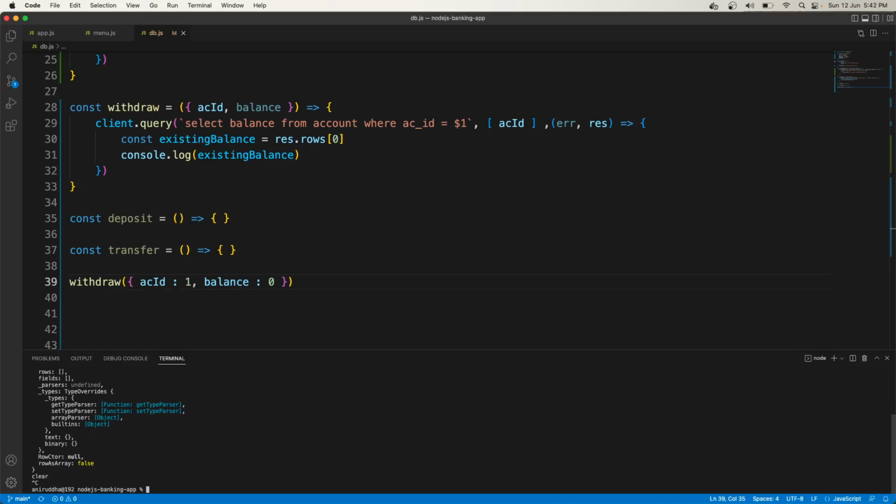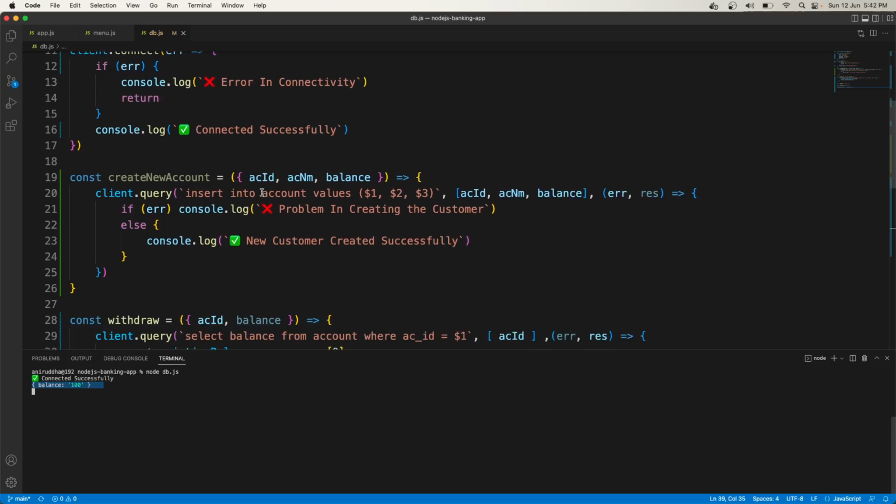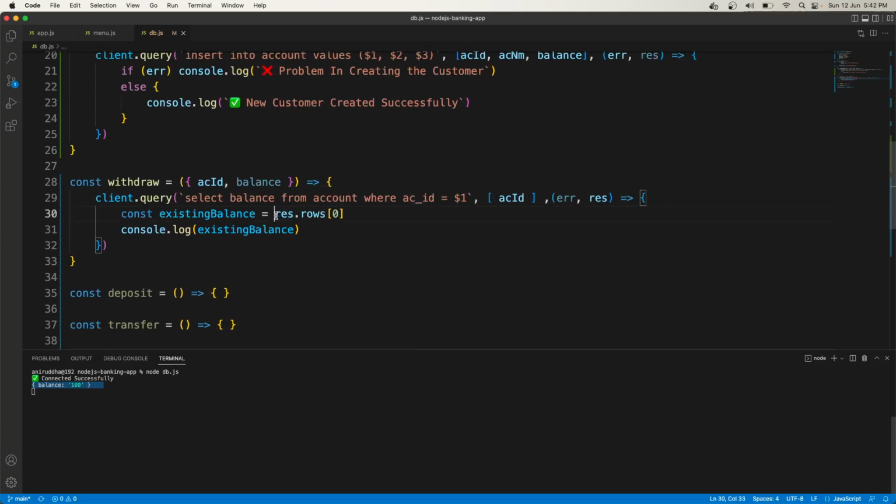See now, just clear it. In db.js, can you see balance is 100? So this thing, rows of 0, is giving you an object which is having this thing. Now here you can say, just a balance is equals to this, and this is a,